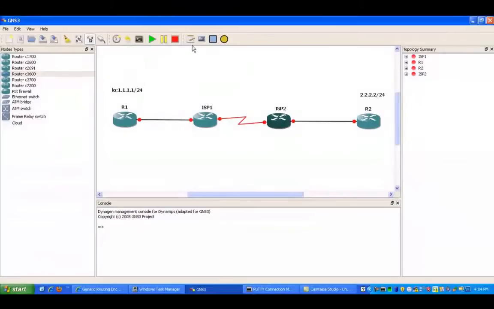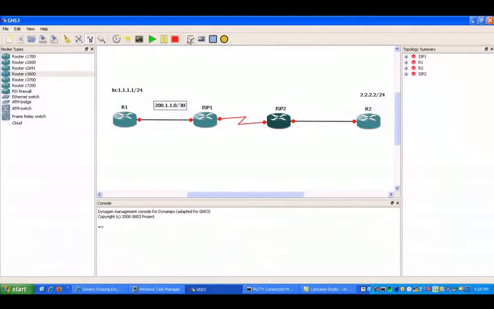So the next step, we're going to do our IP addressing between the routers, the network between customer 1 and ISP1. We're going to give the IP address of, we'll just do the 200 network. We'll do